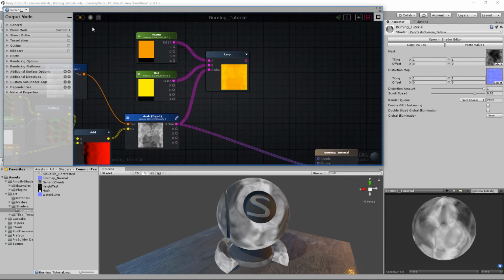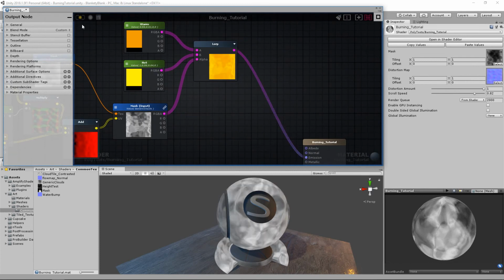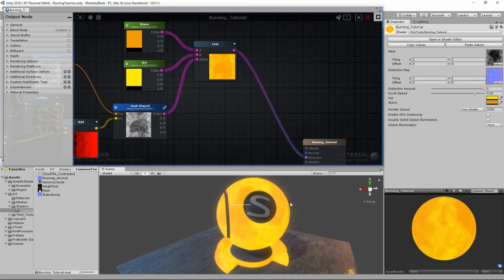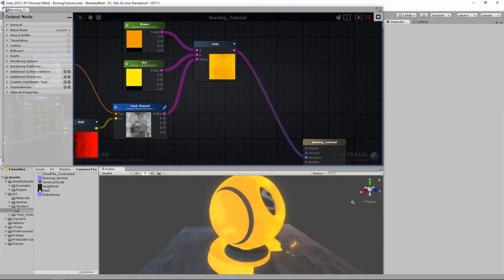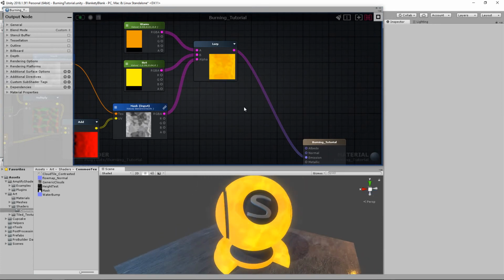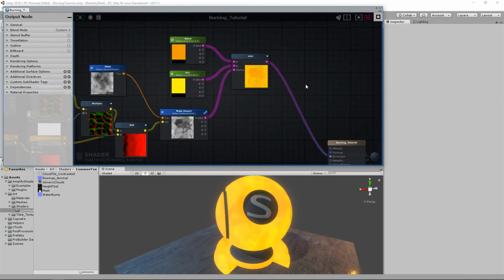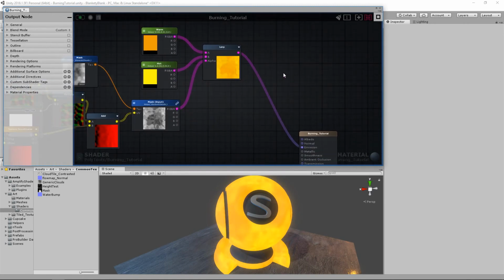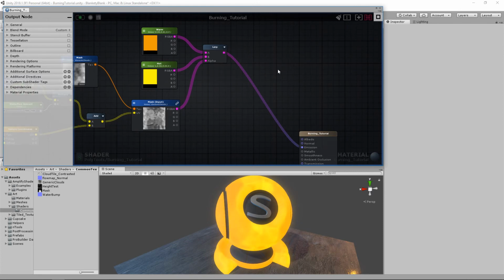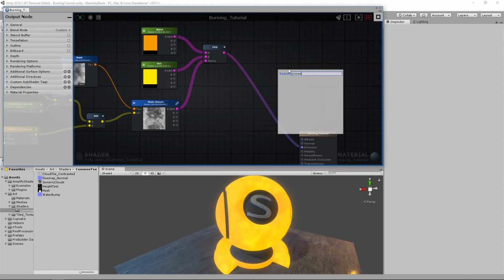If I were to just hook this into the emission now and have a look at it, it's there, but the contrast between the colors isn't great, and so there is a little trick you can do to boost the colors and make them more contrasted. Essentially, we want to increase the contrast. So we're going to use a power node, if I spell it correctly,